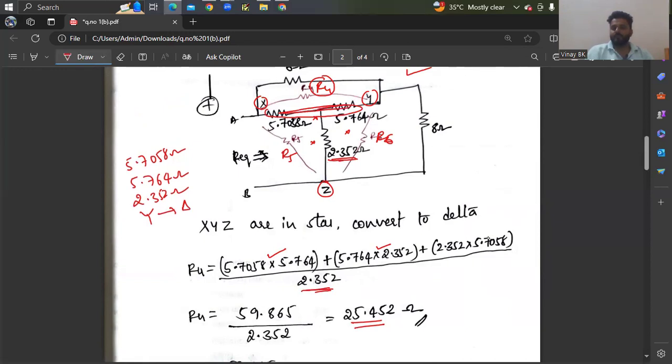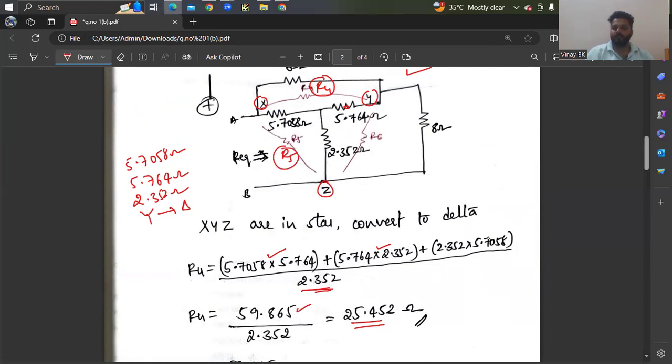Similarly, these two are replaced by R6. Similarly, these two are replaced by R5. So R4 will get, similarly R5 will get, numerator is same. If you want to find R5, numerator value is same, but denominator, that is nothing but 59.865 divided by, if